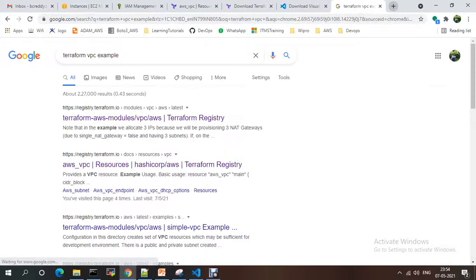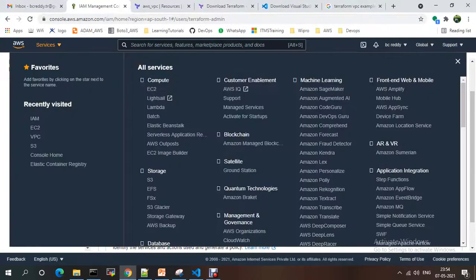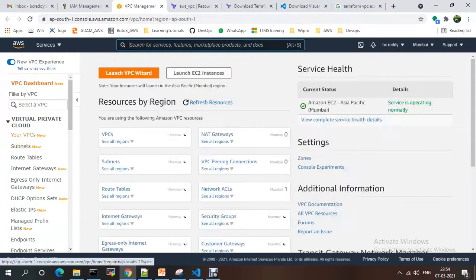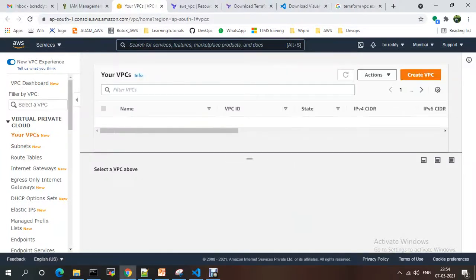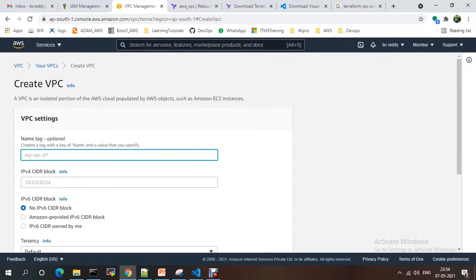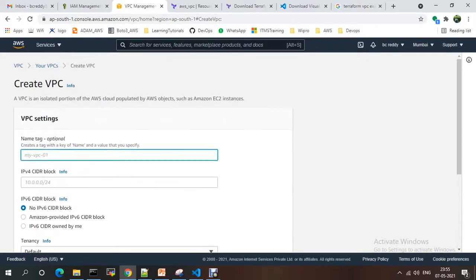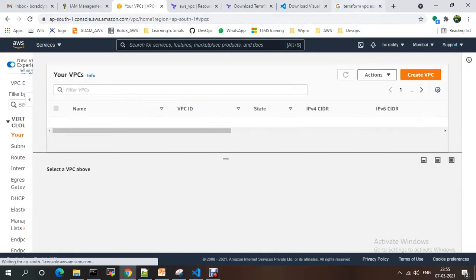In the VPC section, there are some mandatory fields, like CIDR block and tags. Subnets and all these things will be there too. Manually, when creating a VPC, you just need to give the VPC name, which is optional, and the CIDR block, which is the mandatory one. The IPv4 CIDR block, the tenancy and tags you just need to provide, and create. In the same way, we are going to create it from code.